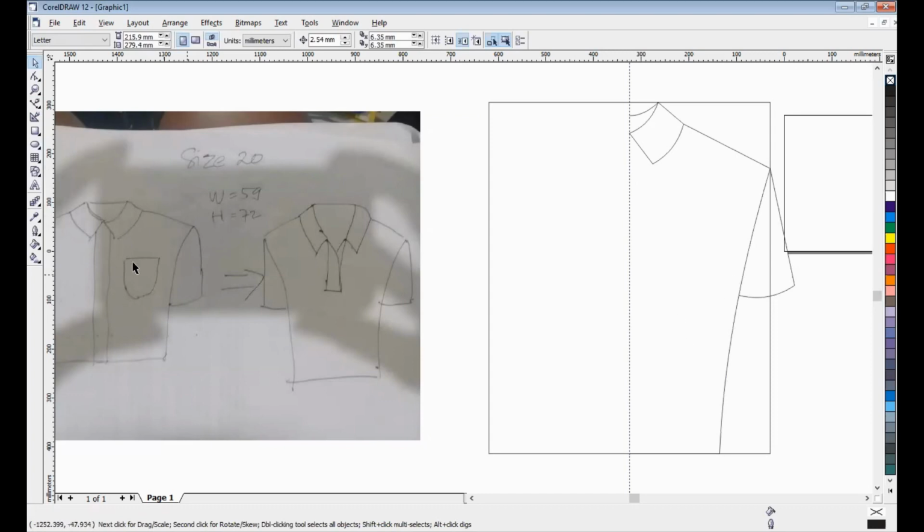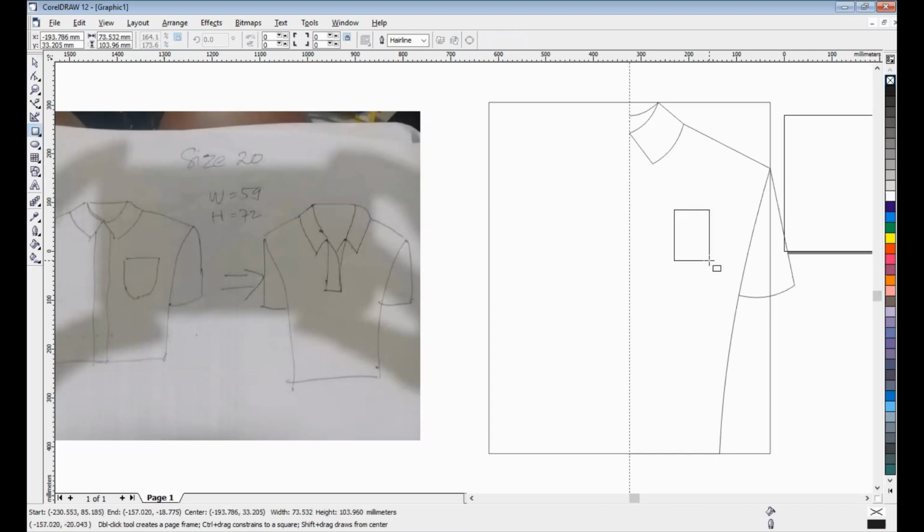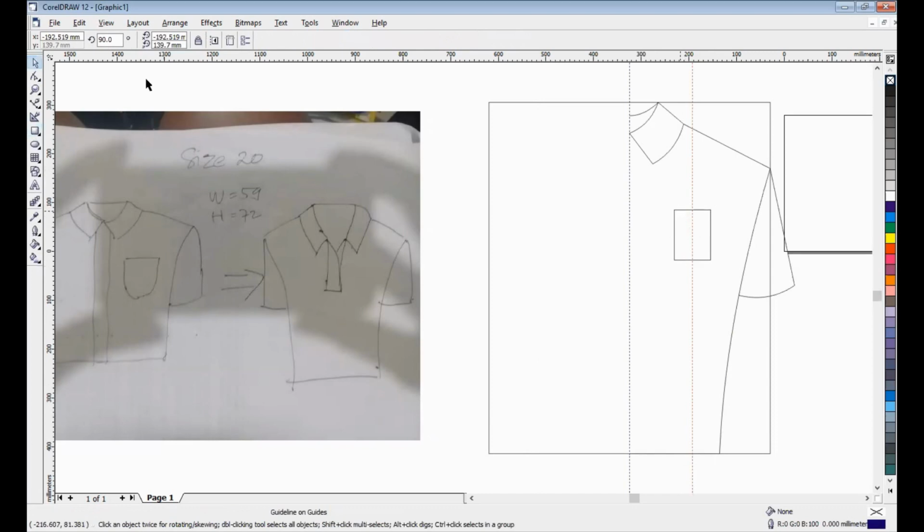Okay, I will now create maybe this. I want to curve this, then convert to curve, and then I want to make a curve.